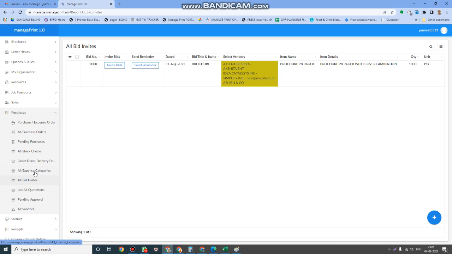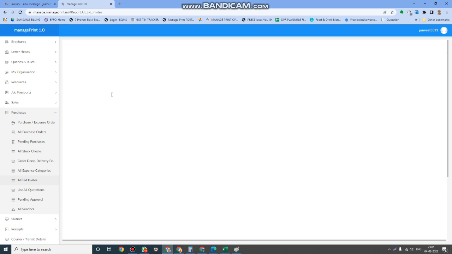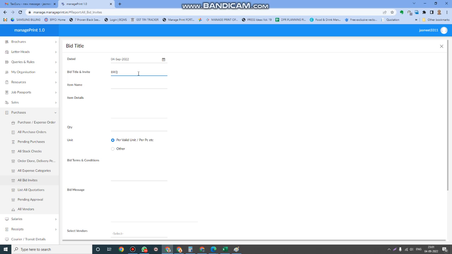So we are here in purchases and we go to all bid invites. There is a plus sign on the right bottom. We just click here. It auto captures the current date and we can give it a title, let's say brochure, 24 pages. Okay, and then we can again have brochure coated, and then we can just write cover 300 GSM inside